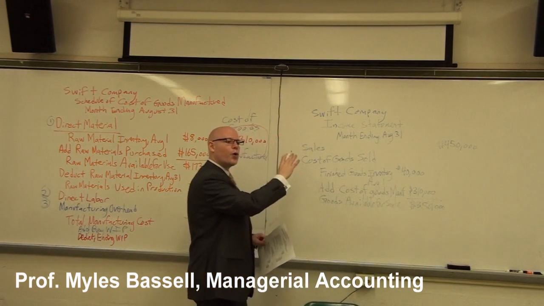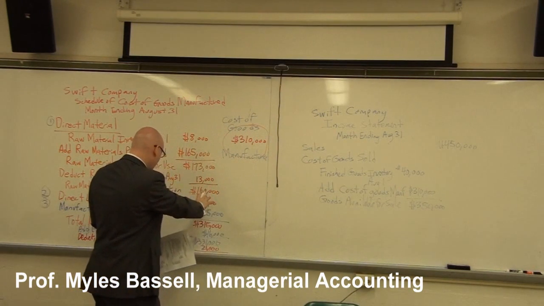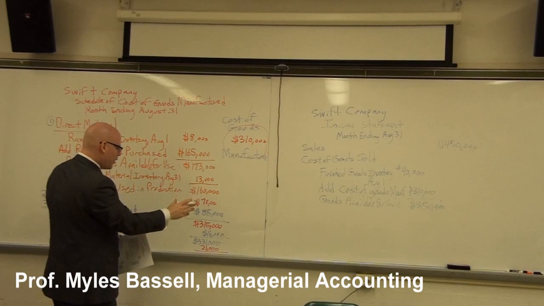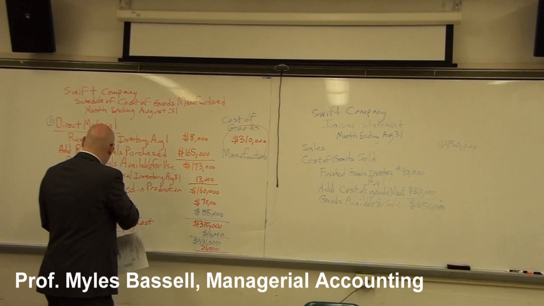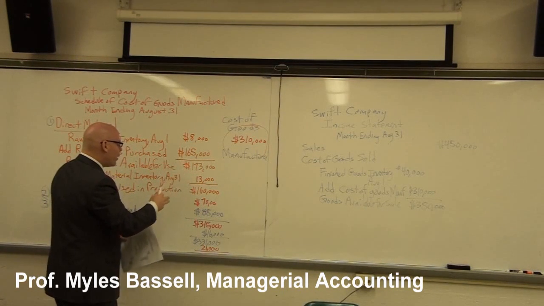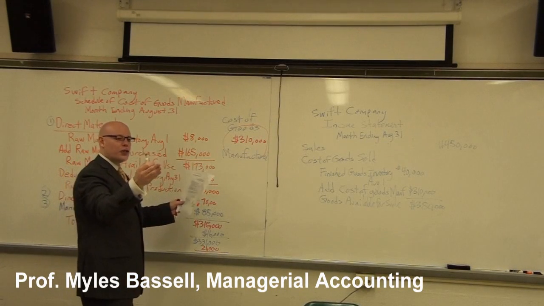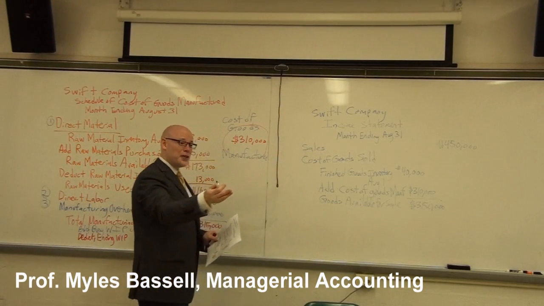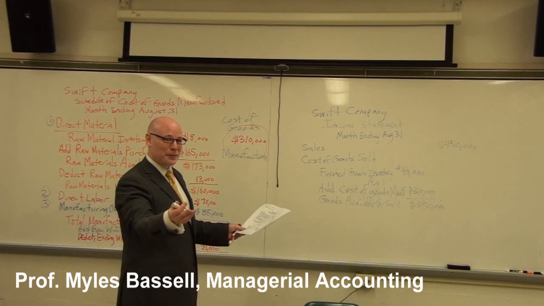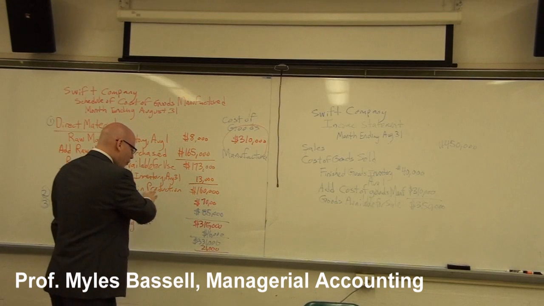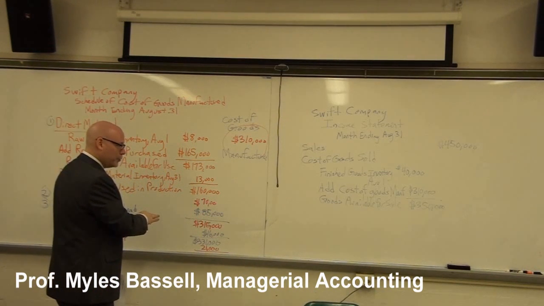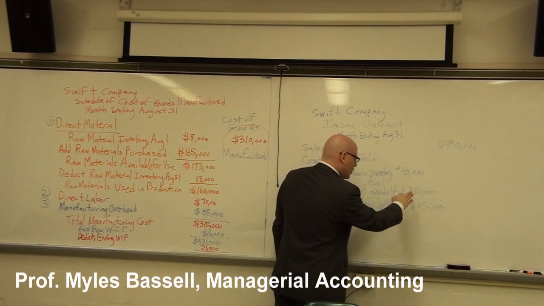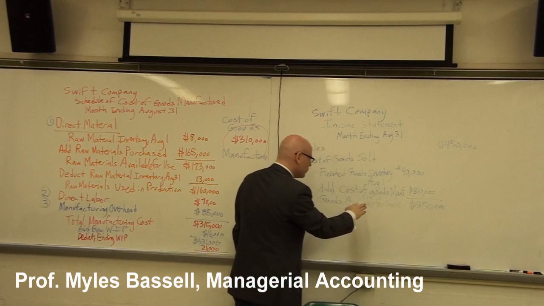So remember, what we're trying to calculate here is the cost of goods sold. Let's go back here for a second. We found out what the total manufacturing costs were, which includes the direct material, the direct labor, and the manufacturing overhead. We said that we need to net out the work in process inventory because those are partially completed products. What we're trying to find out is the cost of goods sold. Well, presumably you can't sell a product that's partially completed. So in this case, we've taken out the value of the work in process inventory, and therefore the cost of goods manufactured is accurate, and we record that here,